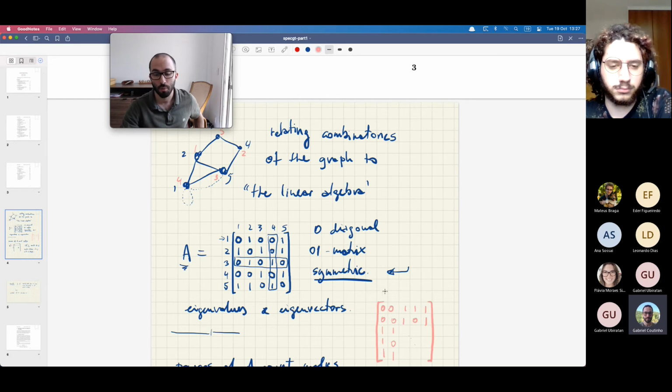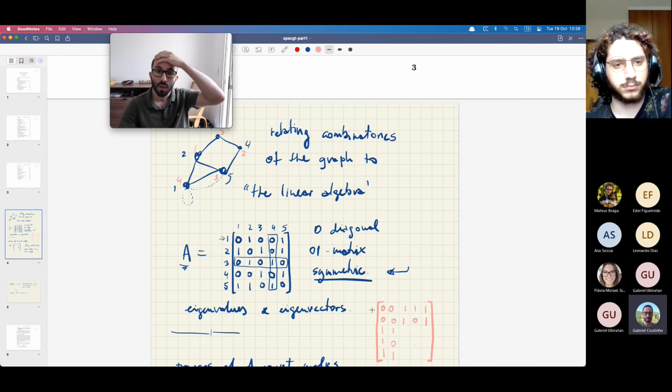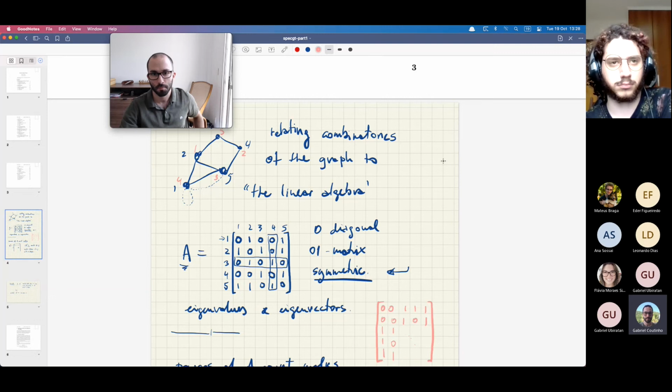This will be the topic of next class, and we will also discuss how this interplay between different orderings of the matrix and eigenvalues and eigenvectors can be used to determine whether two graphs are isomorphic. Relabeling, as I just did, can be seen as an isomorphism of the blue graph to the pink graph of sorts.